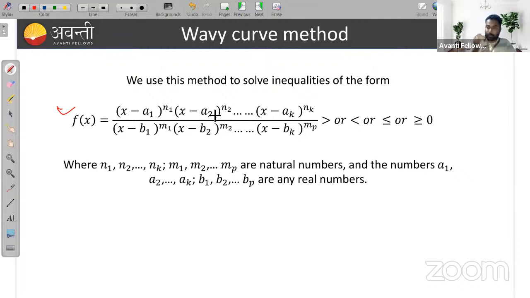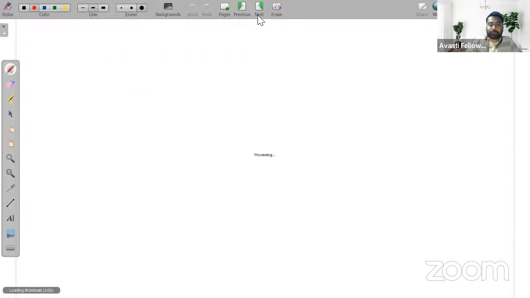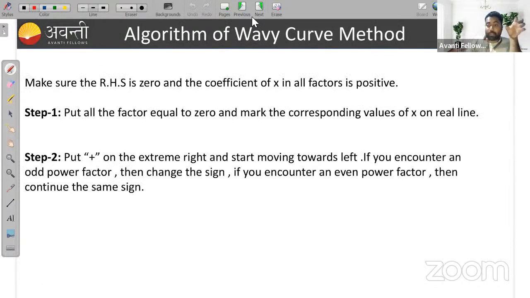So what is that actually? We'll understand this method by taking an example. It's very simple, and also a very interesting method. If I ask you to find the solution of some rational inequality, it will be difficult to solve, and difficult to get the answer also. But if we use this Wavy curve method, we can solve this type of inequality easily. So what is that actually? Some algorithms,